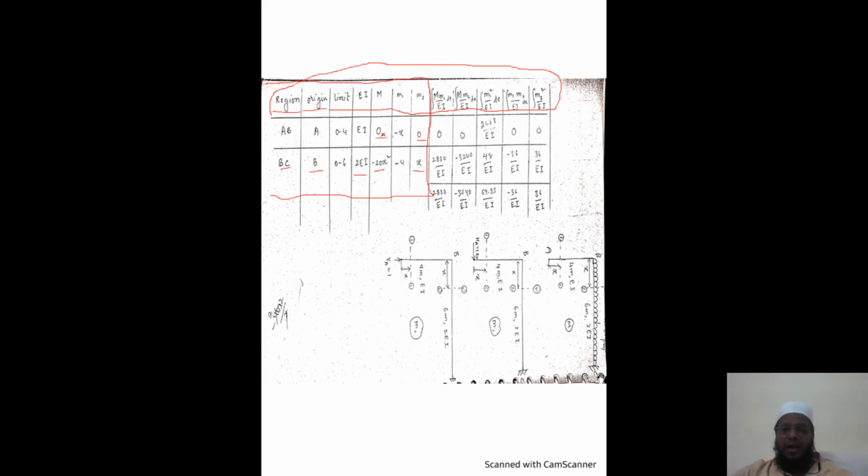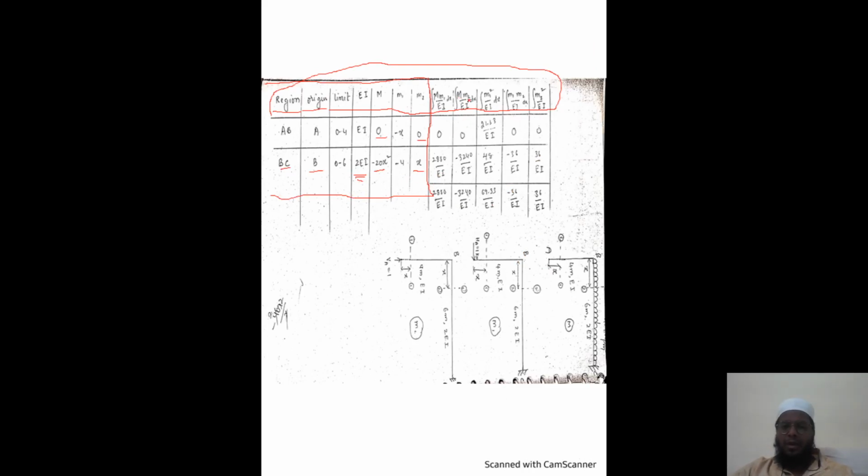Okay, so we'll take down integral M1 by EI into dx. M1 is 0 into x, 0. Then next we have minus 20 into 4, minus 20 into 4 by 2. The limit is 0 to 6. Once you do that and integrate, you will get 2880 by EI. It's very simple integration; we can easily calculate all the integrals with the help of our calculators. The limit is important and should be provided very carefully, and don't forget to mention the 2EI. This is again very important: it is always divided by 2EI.